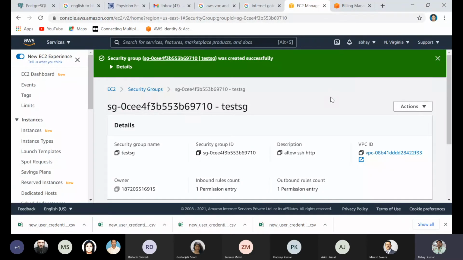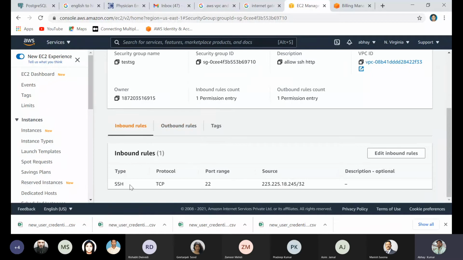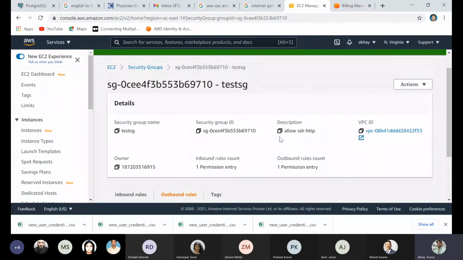So what is the purpose of a security group? You have to attach the security group with your EC2 instance, and it tells your instance how the inbound and outbound traffic will communicate. That is the most important part to communicate with the EC2 instance. In the security group, you must mention all the rules, inbound and outbound. We have SSH, so on this IP we can SSH with our user ID and password. And for outbound, all the traffic is granted. So our security group has been created. Any question on security group?